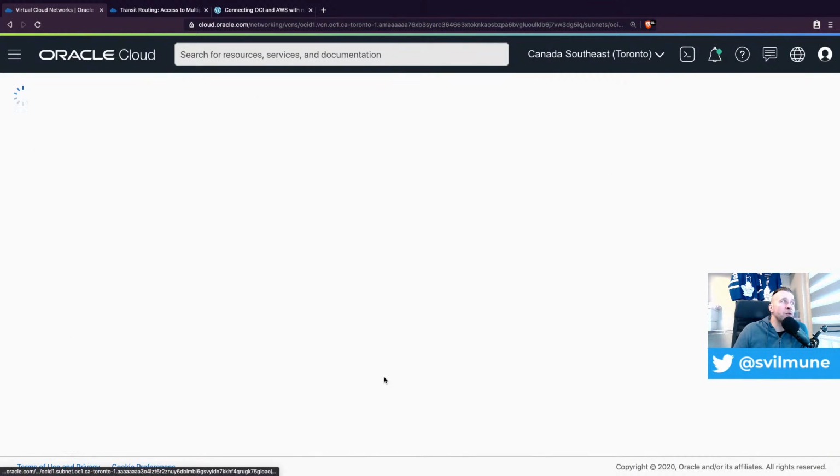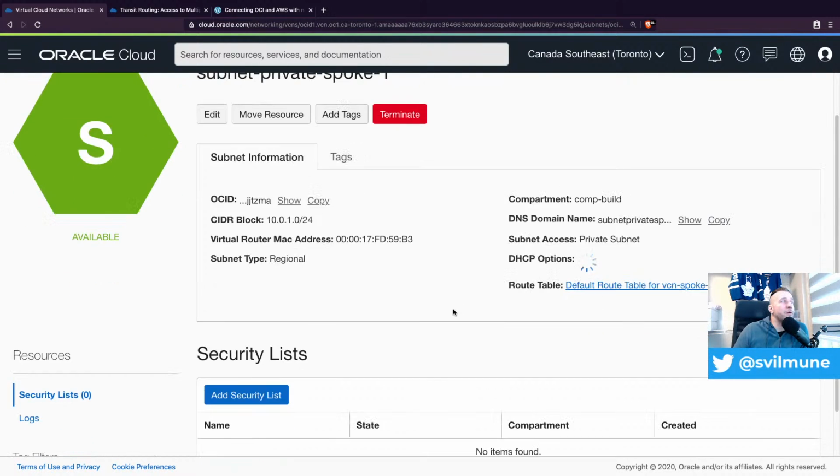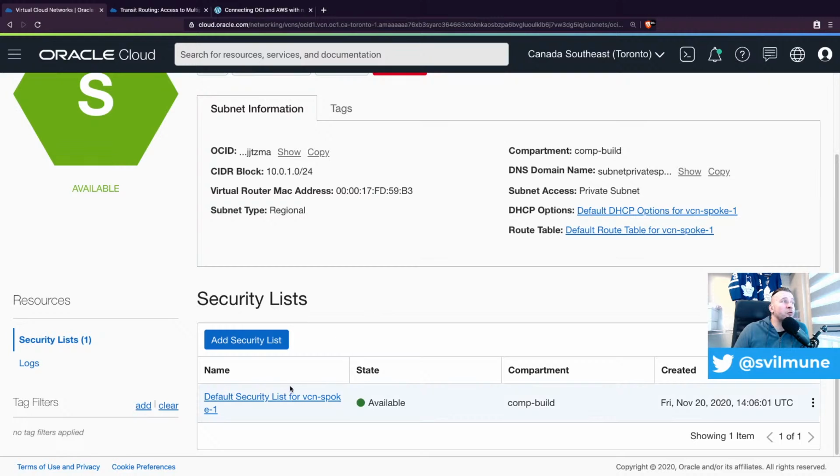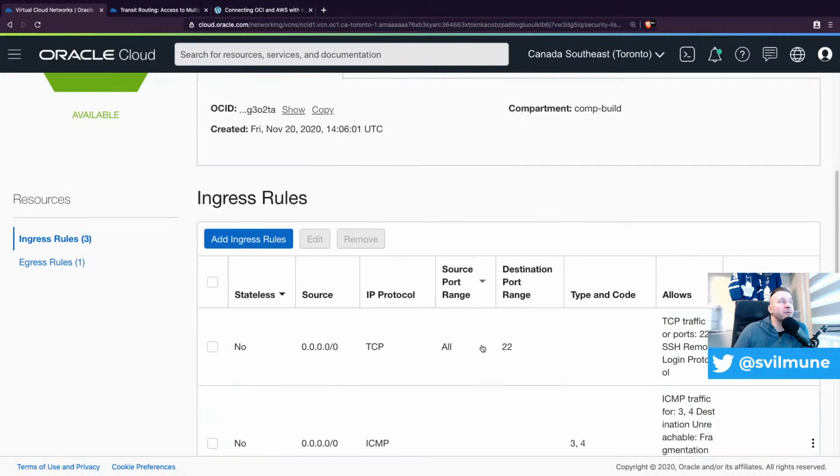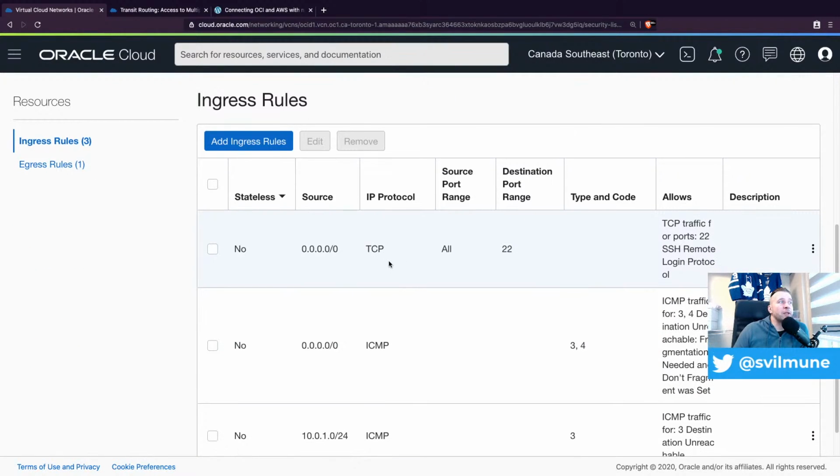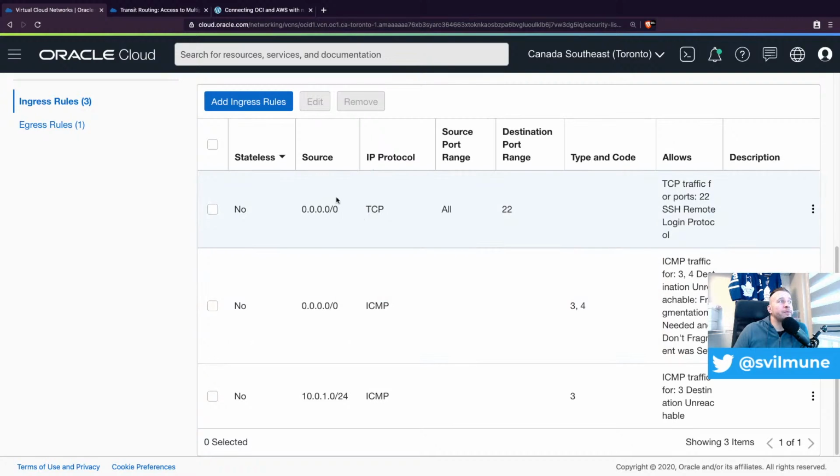Then you start looking and, oh, maybe I had my own security list or network security group assigned, and it didn't allow the traffic. So you can see it allows all the traffic from, actually